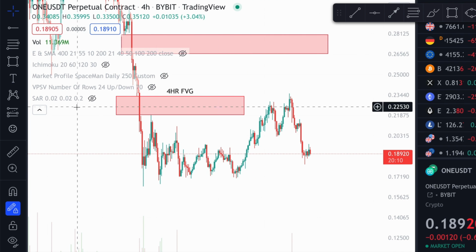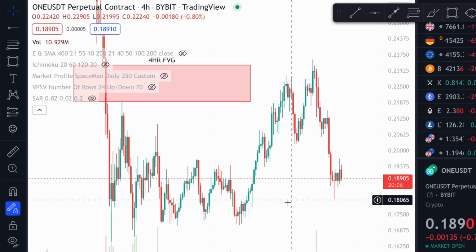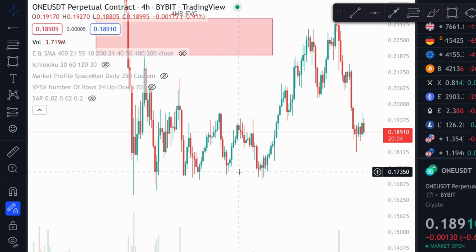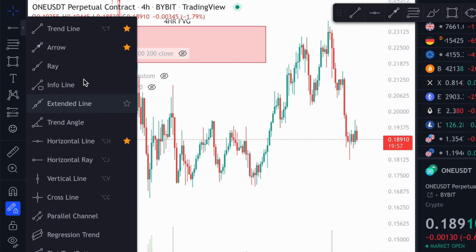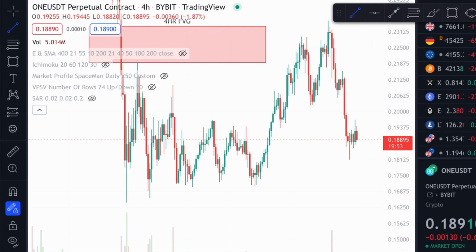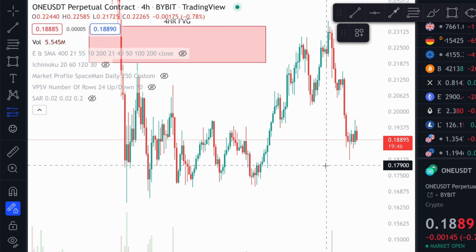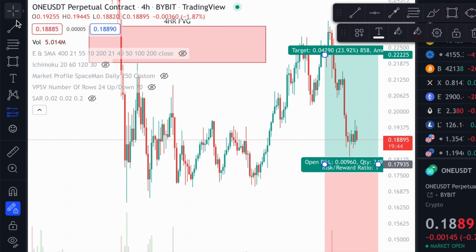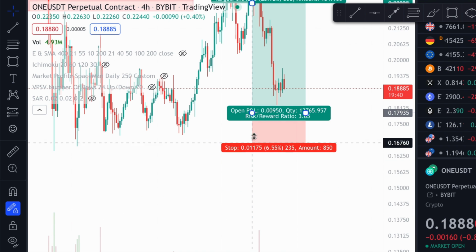So how can you actually use it in your trades, right? Let's just imagine that you were gonna long. Oh, that's not what I meant to do. Okay, let's just imagine we were longing from, I don't know, let's say here. For whatever reason, I'm not actually going to do the trade right now, but I want you guys to just